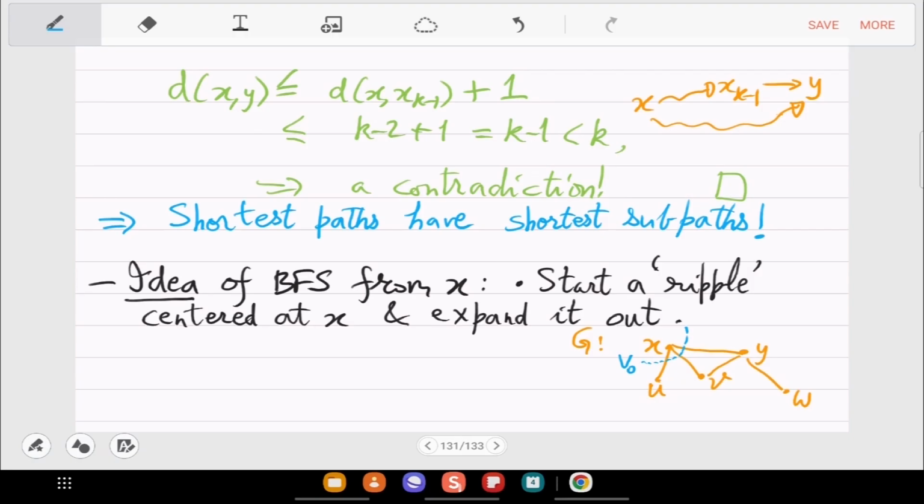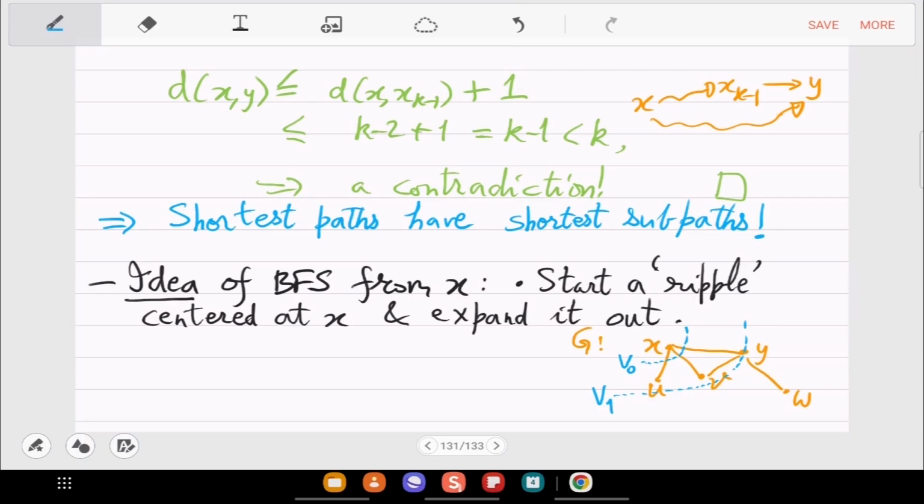So then next, as you expand it, it will touch these, and you will get the set V1, right? So that is at distance 1. So you are getting u, v and y now inside V1. Now W is still unreached, that is distance infinity.